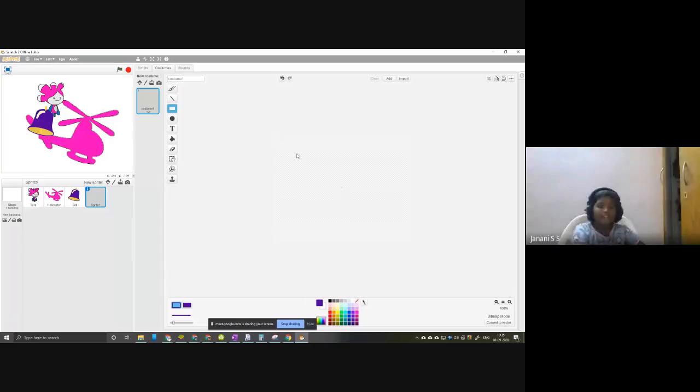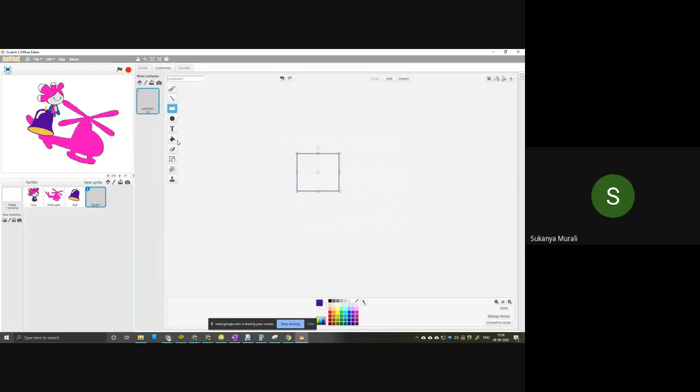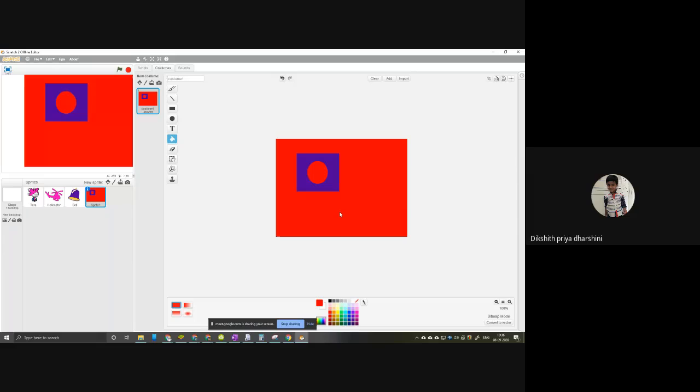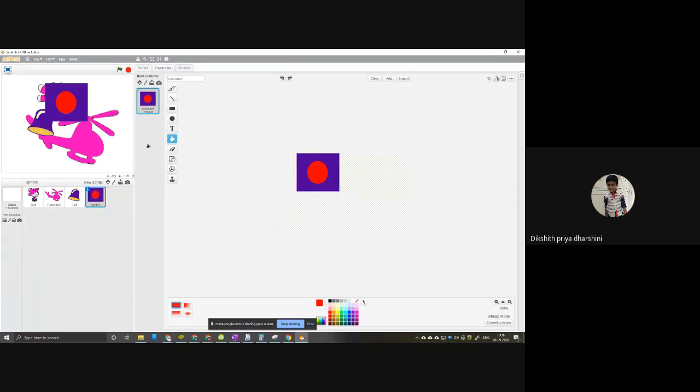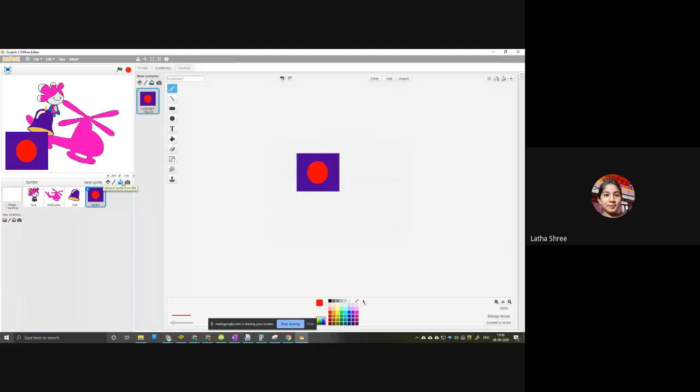Sir, how can we change the sprite into small? Okay, sir, one at a time. Children, one at a time. We couldn't hear everybody. One at a time. Sir, in Google I search sprite, sir. Just wait. Let me explain everything on the computer. Then I'll show it to you on the Android phone. Okay, just let me finish.